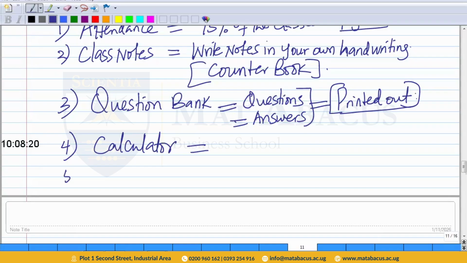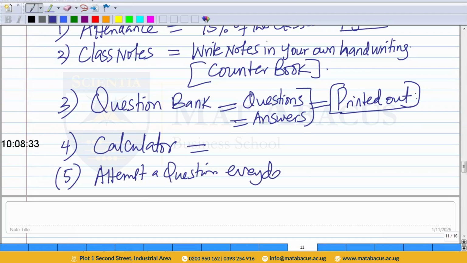Then 5 is attempt a question every day. So before you sleep, every day, just take stock and ensure that you have attempted a question. Because next week, when we come, let's say we look at employment income. So when we look at employment income,